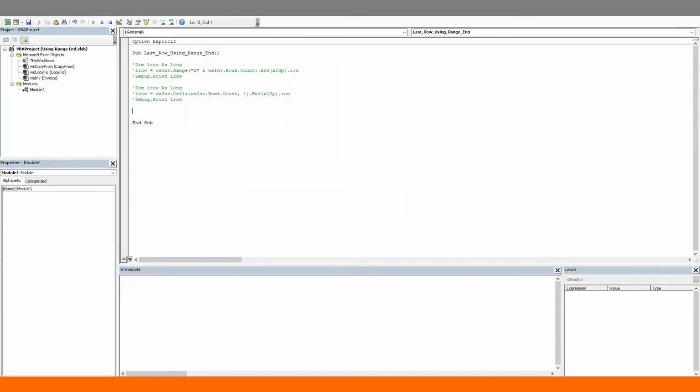One last thing to mention here before we move to the examples. If you're working on our active sheet, we don't really need to mention the worksheet name, which will make our code shorter. Let's check that out. So let's activate our sheet. If you're already working on the invoice sheet, then you don't need to activate it. And the code for finding the last row using .range would be reduced to just this. And the code using cells would be reduced to just this. But out of habit, I always mention the worksheet name. Okay, moving on to the examples.